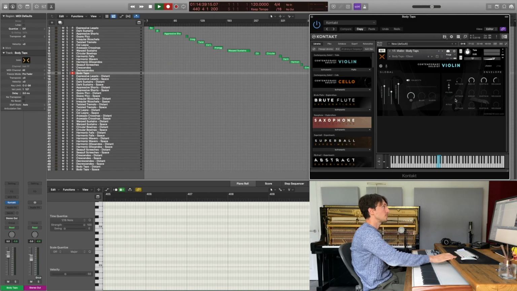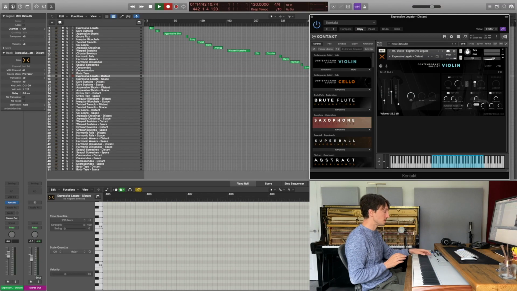So these were the clean patches. There were 17 of them, but it doesn't end here because each one of them comes with two snapshots, the distance snapshot and the space snapshot, and they change dramatically the sound of the patch and are like instant inspiration, trust me. So we're going to take a look at each one of them now, starting again from the Expressive Legato